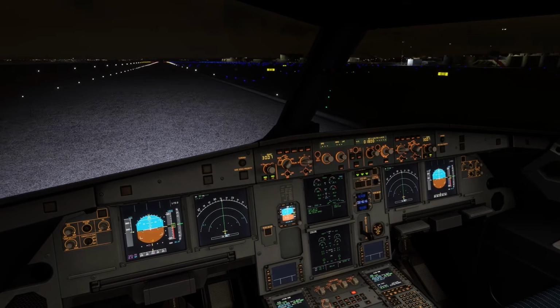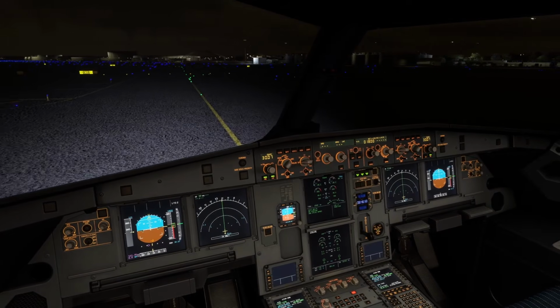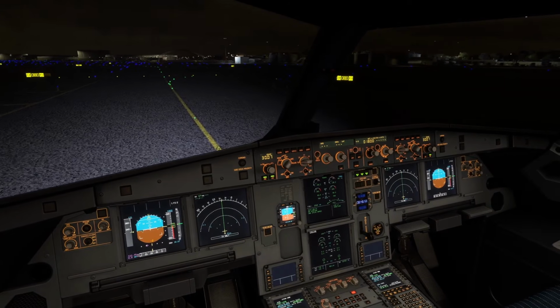Airbus tree 20, exit runway when able. Airbus tree 20, contact ground on